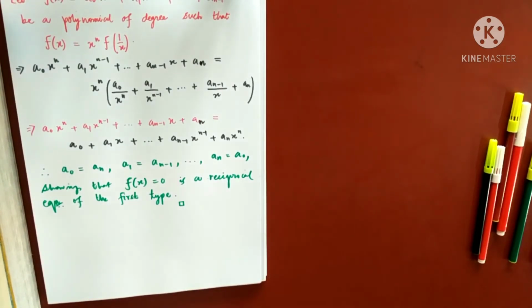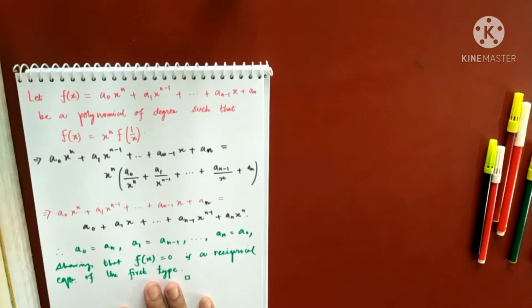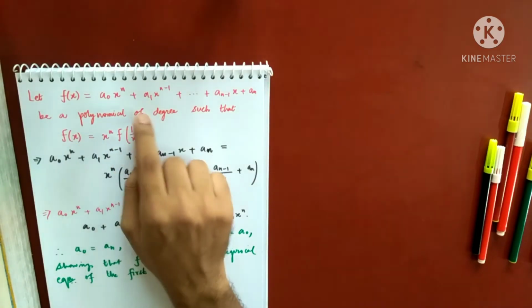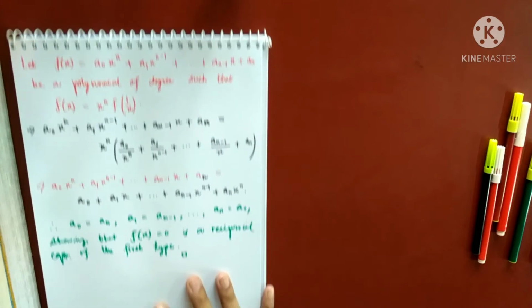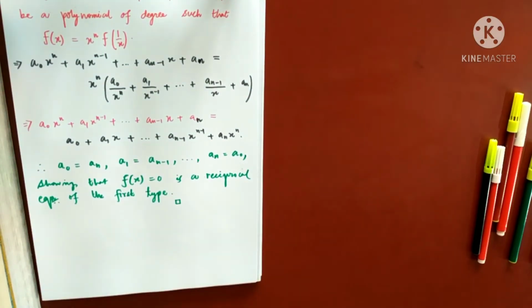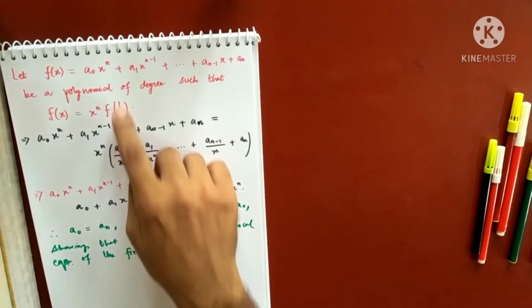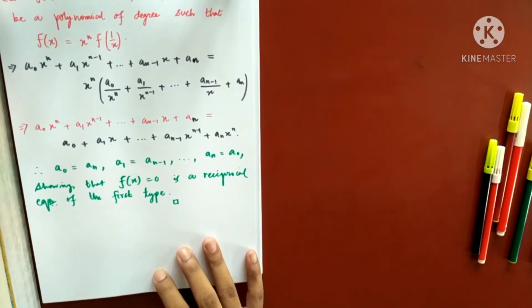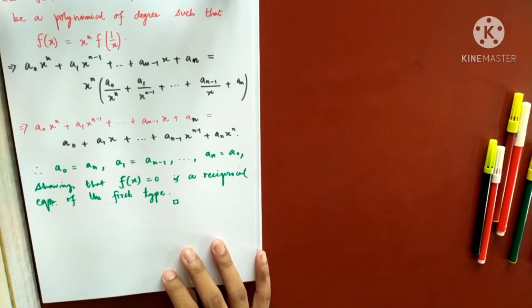So we have now obtained a necessary and sufficient condition to check whether a polynomial is a reciprocal equation of first type or not. Right? You just have to replace, if your polynomial can be written in this manner, then that is a reciprocal equation of first kind. At times I'll be using this condition while doing the sums. Like I'll write a polynomial in this manner. If this comes same as the polynomial, then I can simply say that my equation is a reciprocal equation of first kind.